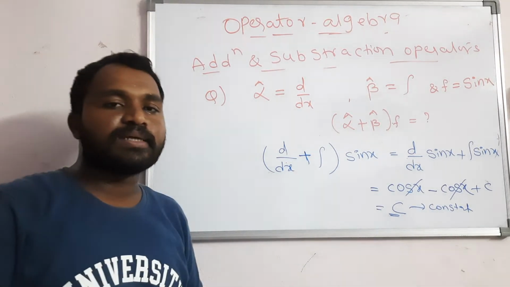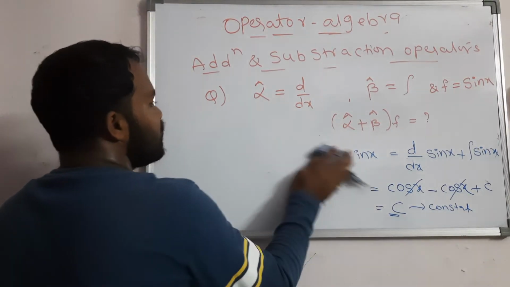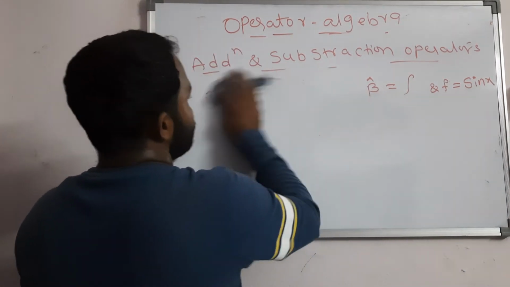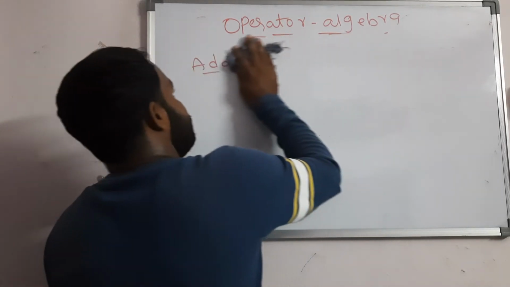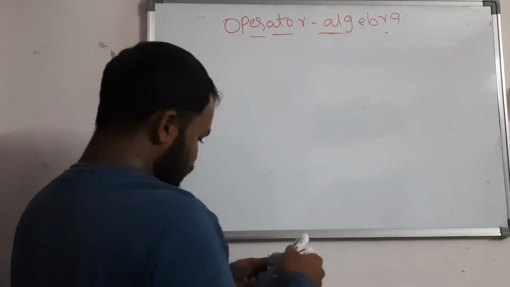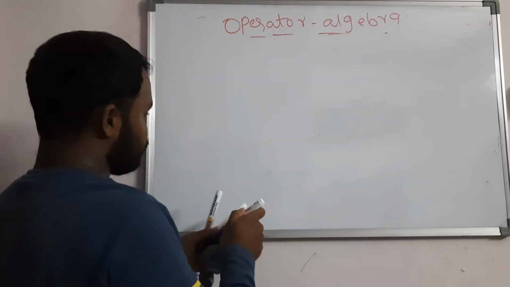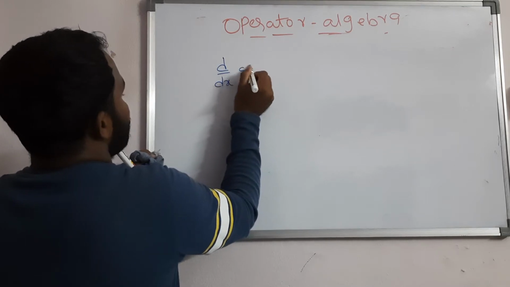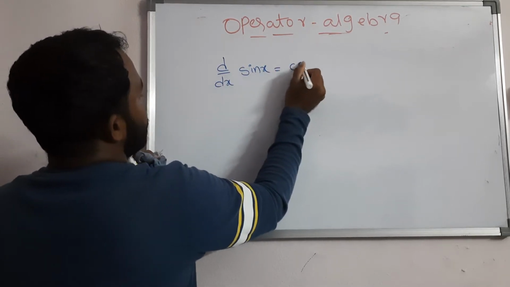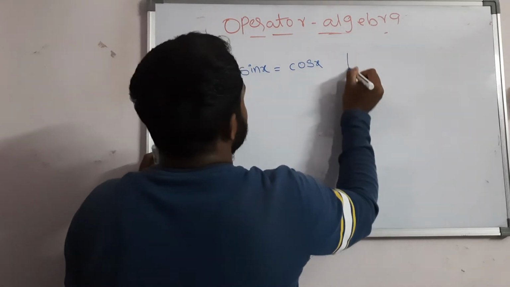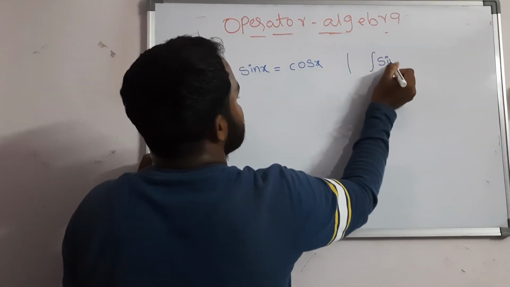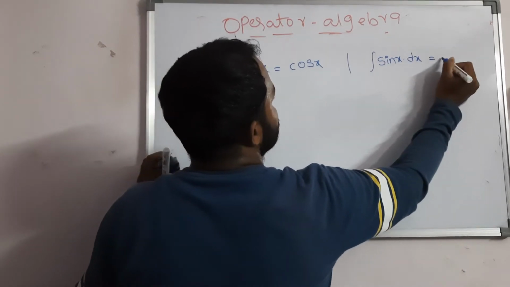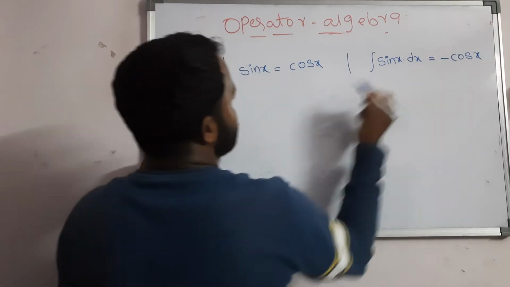First I will discuss some basic points for integration and differentiation, and how you will approach all of them. I am giving some formulas for you. D by dx of sin x, the formula is cos x. Integration of sin x is sin x into dx, they will write. Whenever a function is there you should write dx. So you should write minus cos x.